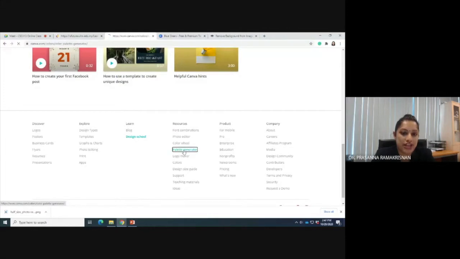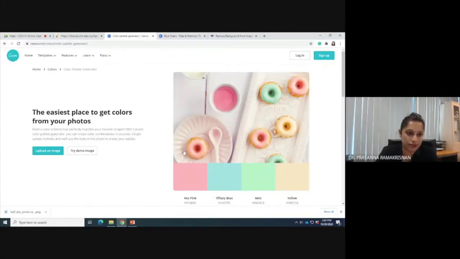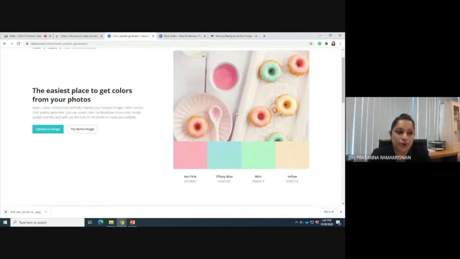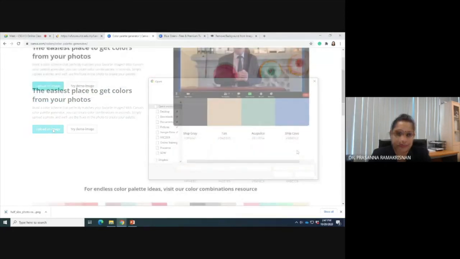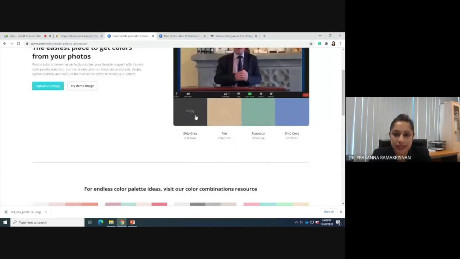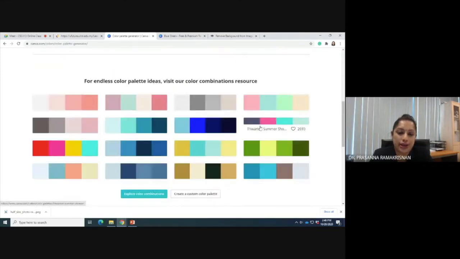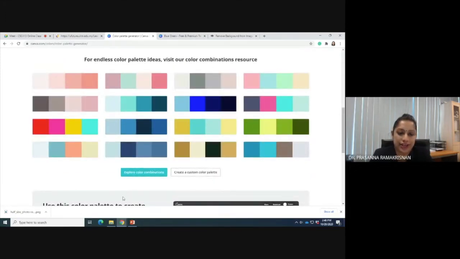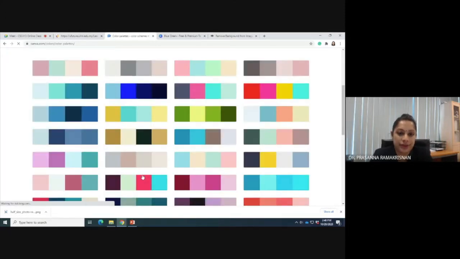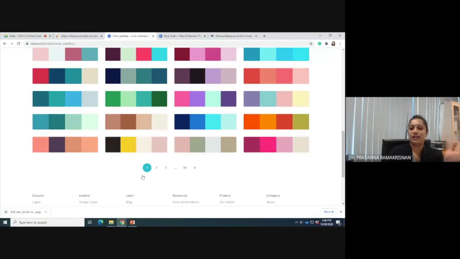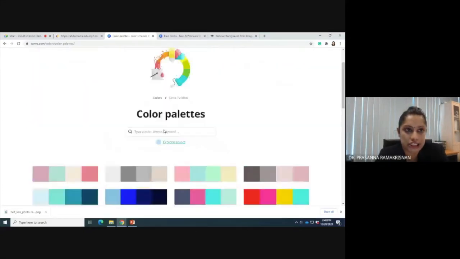And you can also generate your own palette. This is very interesting because sometimes we see some photos and we like the colors inside the photos. So what you can do is upload the image. Then you can see the colors that are available in that particular photo. So you can also bring in any photos that you have to choose the colors, or you can also choose from the palettes that are already here. So you can expand further. This will give you some guide on the font color, background that you want to use, something that you want to highlight. So all that is possible by using this.